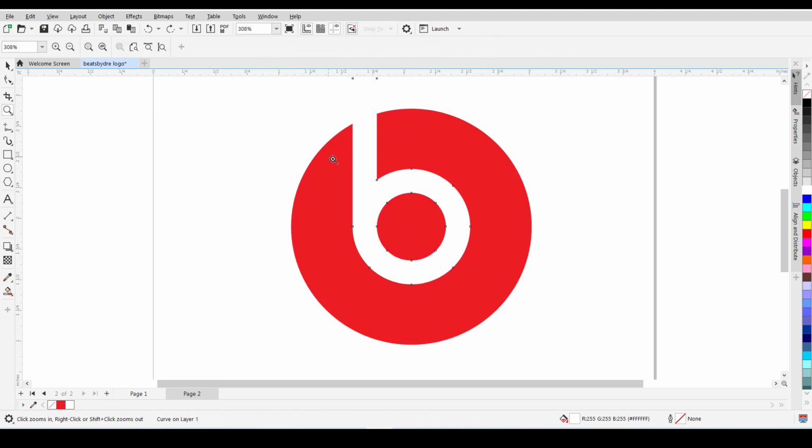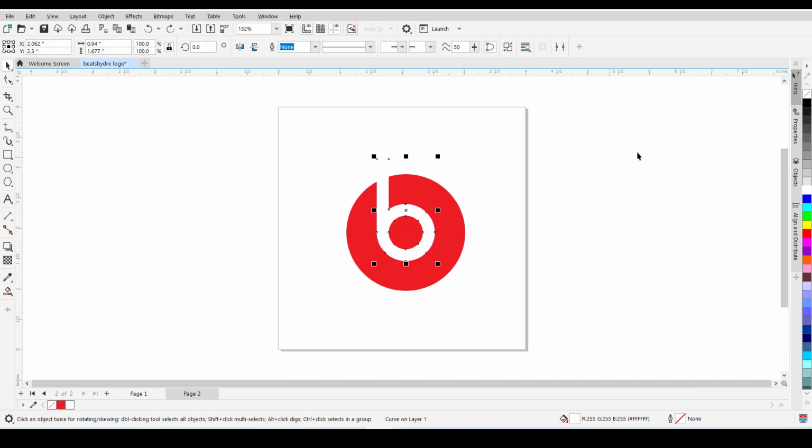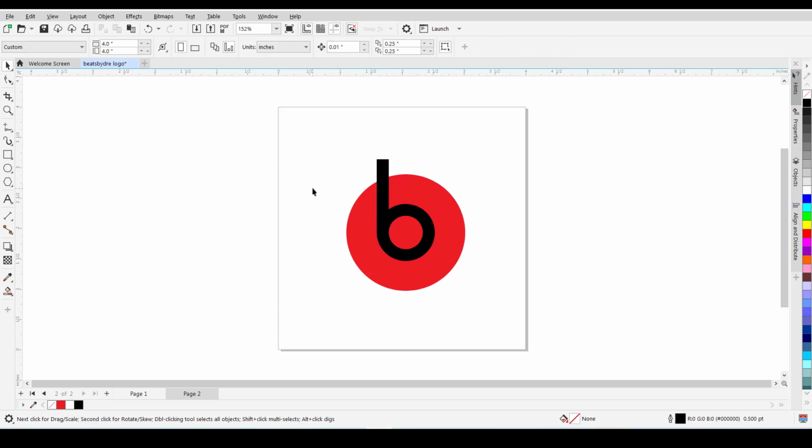Now, someone might say the logo is completed, but it's actually not completed, because if we change the color to, let's say, black, you will notice that it's actually popping out from the B, which is not supposed to be so. It's supposed to end where the B ends, so the whole thing becomes one good logo, right? So how do we do that? Well, there are a couple of ways we can do that, but what I would suggest for us to do here is